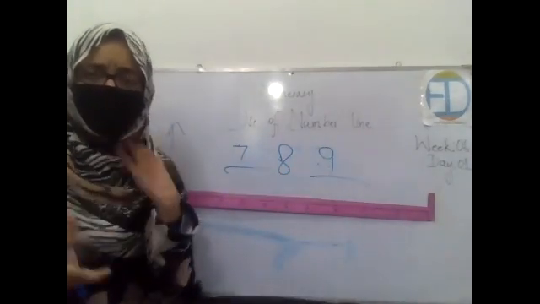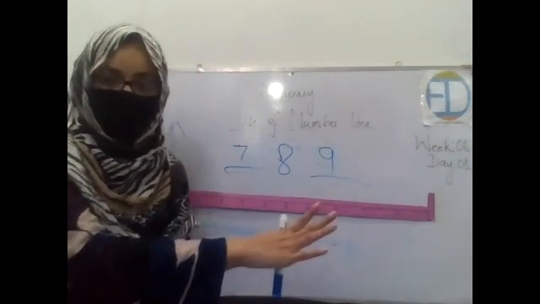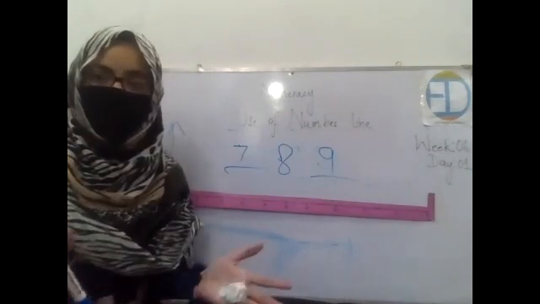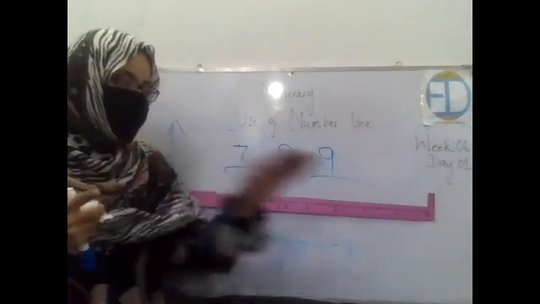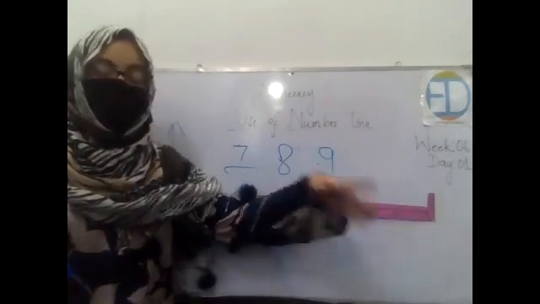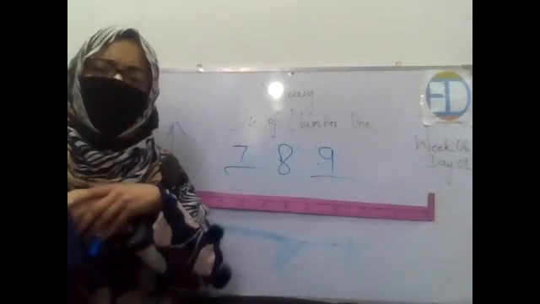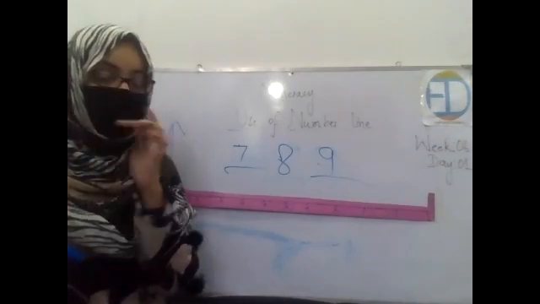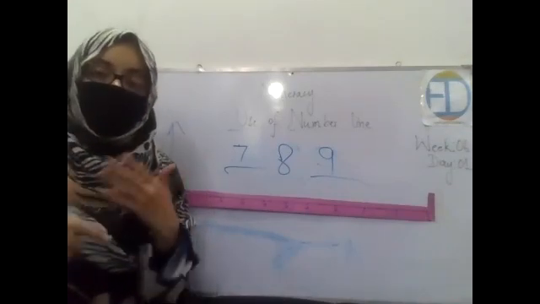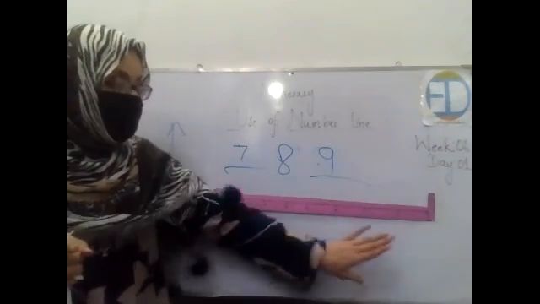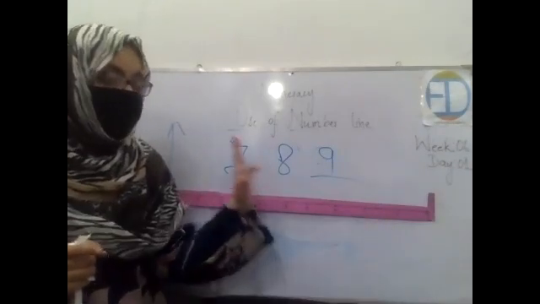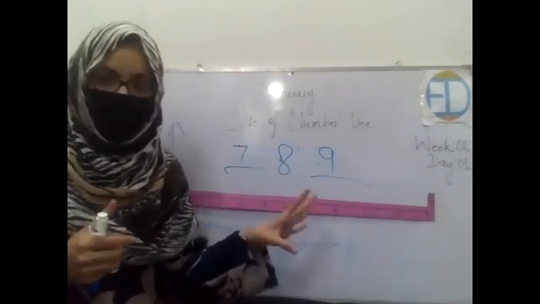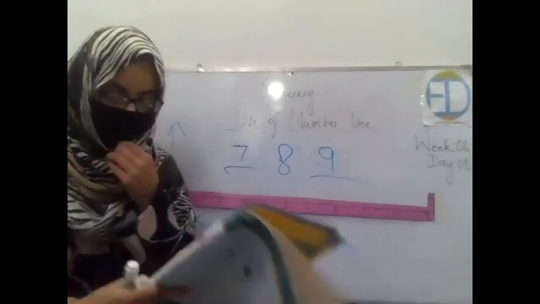One more thing. It is not compulsory that a number line can be drawn only from 0 to 10. No, there is no hard and fast rule like this. We can draw a number line till any number, whatever you want. If you want to draw a number line till 200, you can draw that. If you want to draw till 1000, you can draw that. But in your book, at your level, the practice we will be doing would be only till 10. So you are supposed to learn only till 10, and the practice questions given to you will also contain only numbers till 10. Okay, so now solve the rest by yourself.